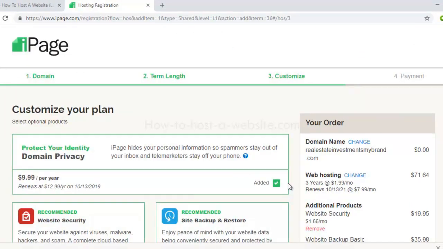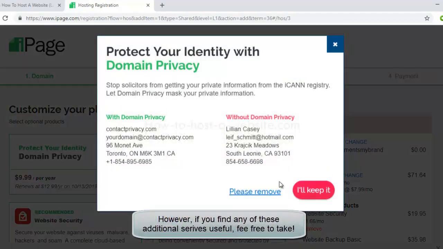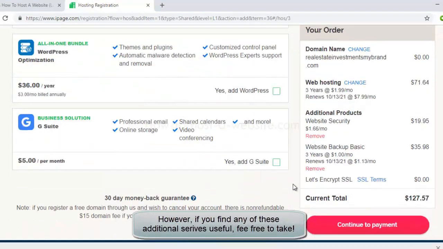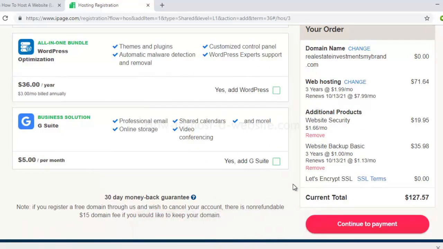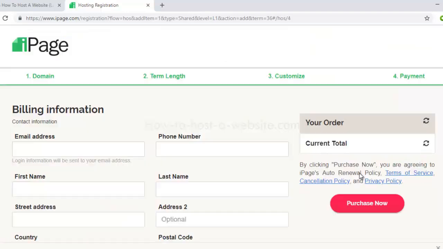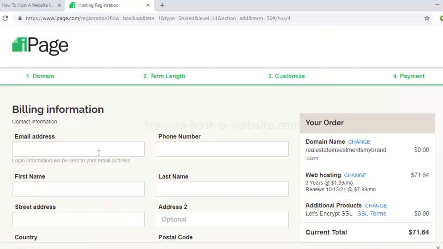I would just simply recommend you to uncheck everything and just make sure that you're only paying for the web hosting, and just simply remove all the additional products. We don't need them at the moment. Continue to payment. Just enter your email address, phone number,